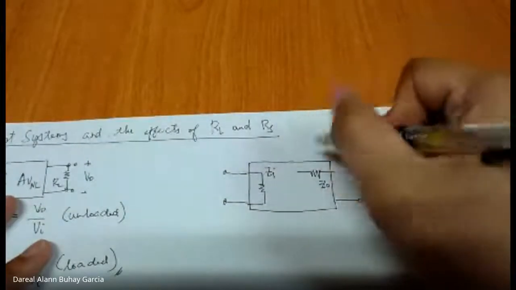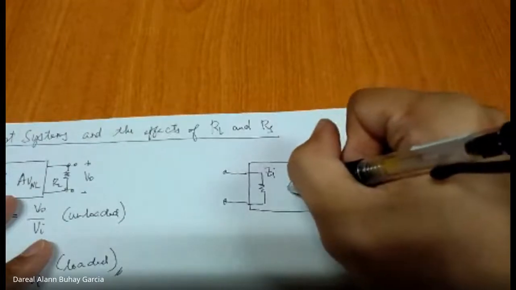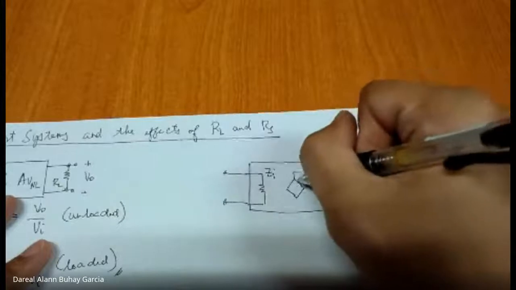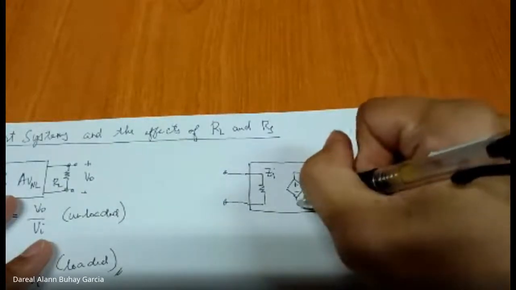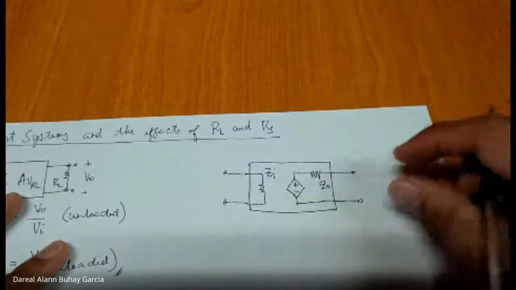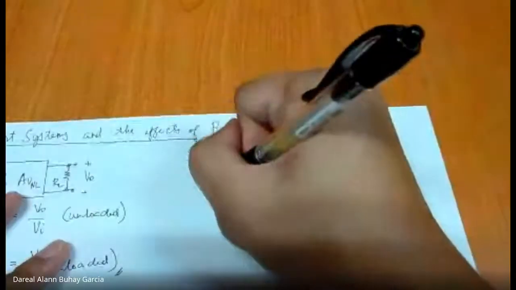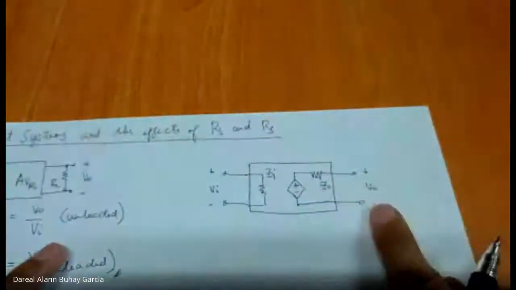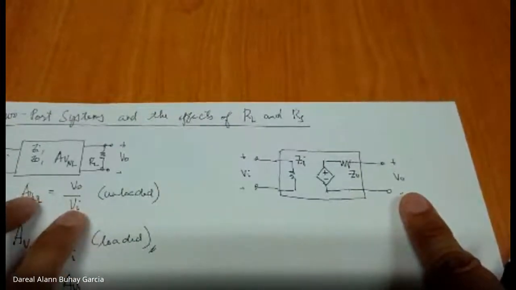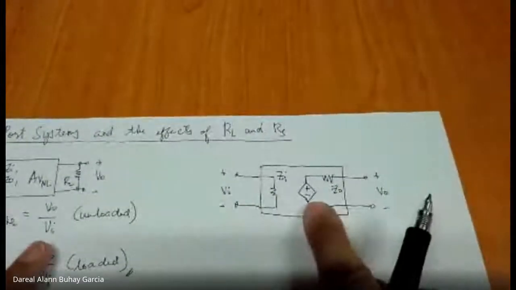And this will be our gain, a dependent voltage source. So the value of our dependent voltage source is the gain. If this is VO, this is VI, we know that VO is, cross multiplying, VI times AVNL. So the value of this is